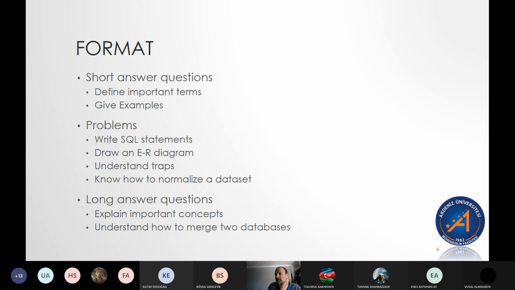Especially I want to add to this how to merge two databases. We talked about merging in the past. Know what phase of the database design merging comes in. When do we do that? And how would we go about doing that? Okay. Now,